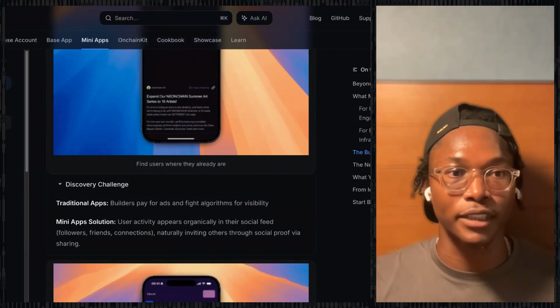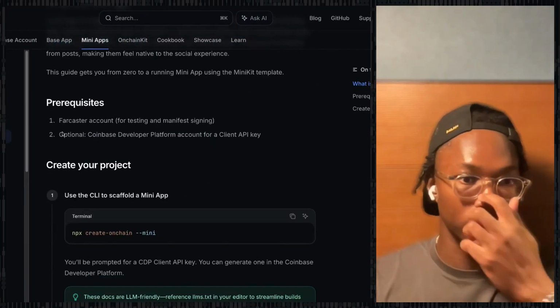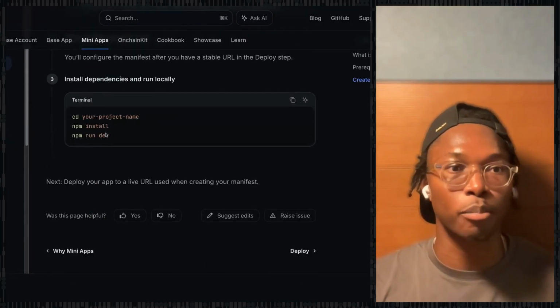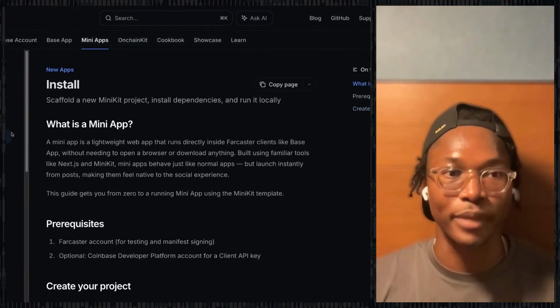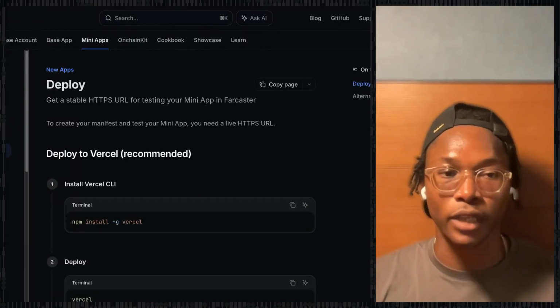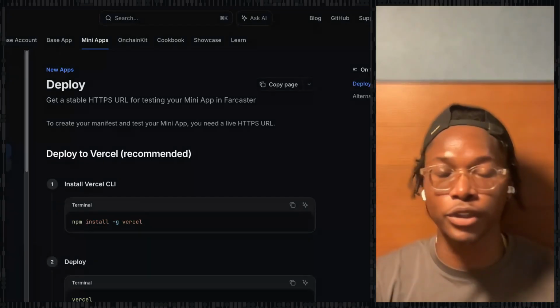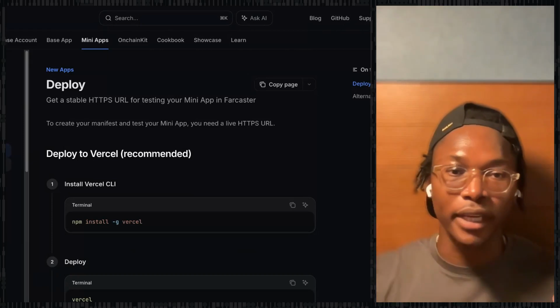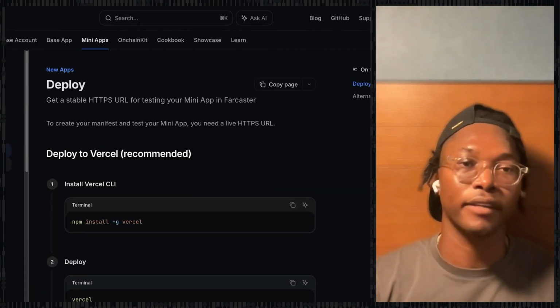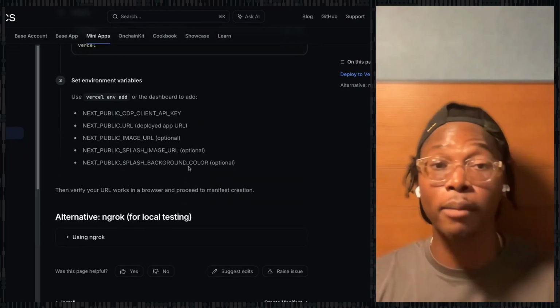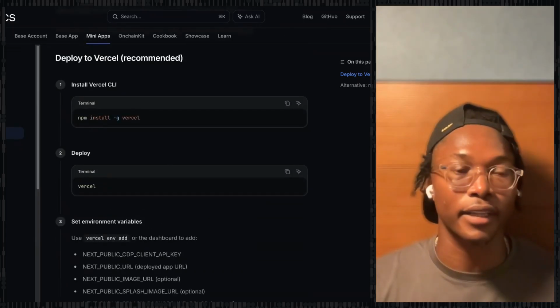Then after the introduction, we have quick starts. They're bite-size, and you get right into it. You can deploy a mini app in like 5 minutes. We teach you how to deploy it using Vercel, so this is going to be your hosted URL. Once you have MiniKit installed and a front end, this is how you can get that public URL that you can share with your friends.